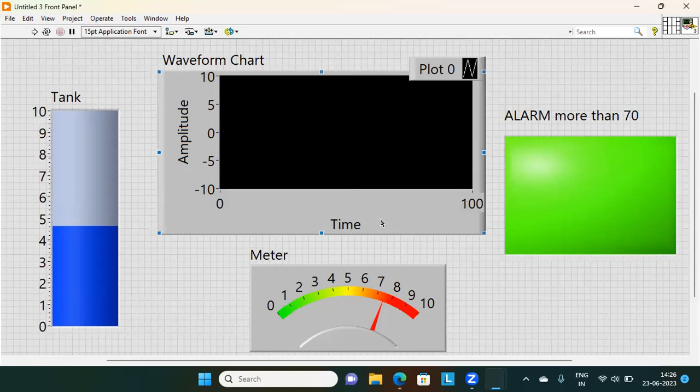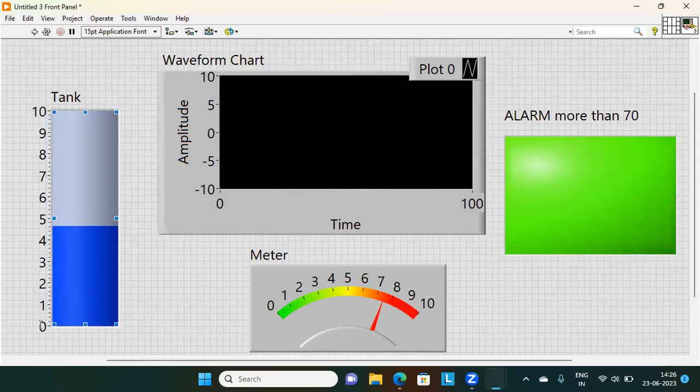Okay, at the same time I wanted to plot the level that I am obtaining. Right now we don't have a flow sensor. Because this programming has to be done to 70, let's select everything as 100. Everything as 100. Now this tank, you see this tank,